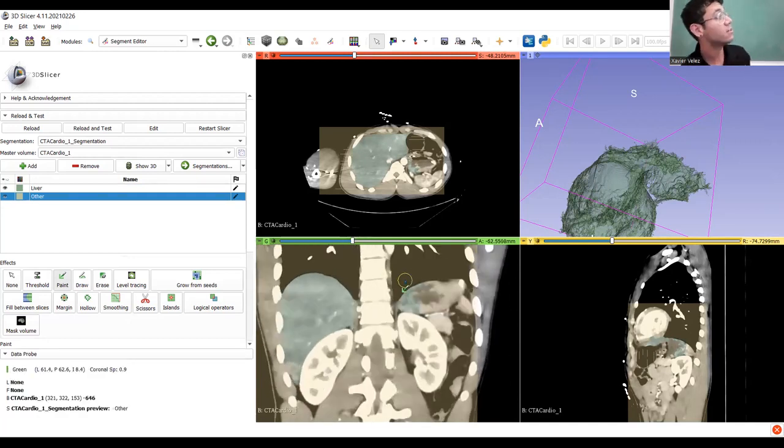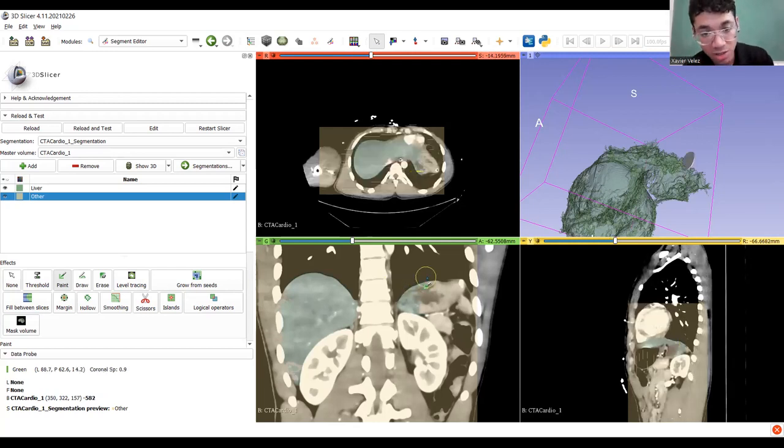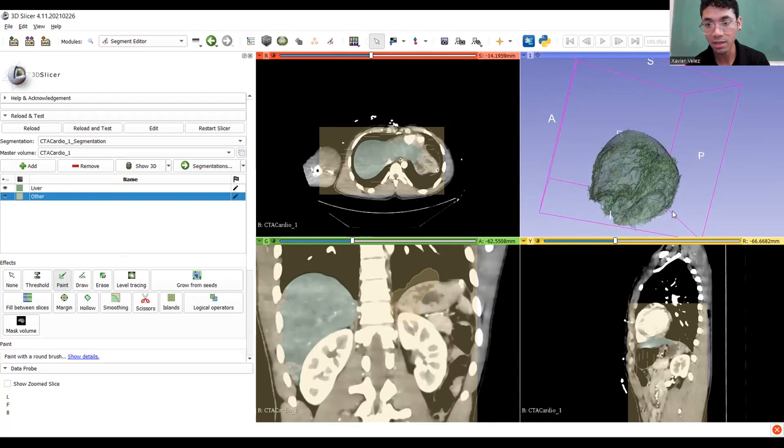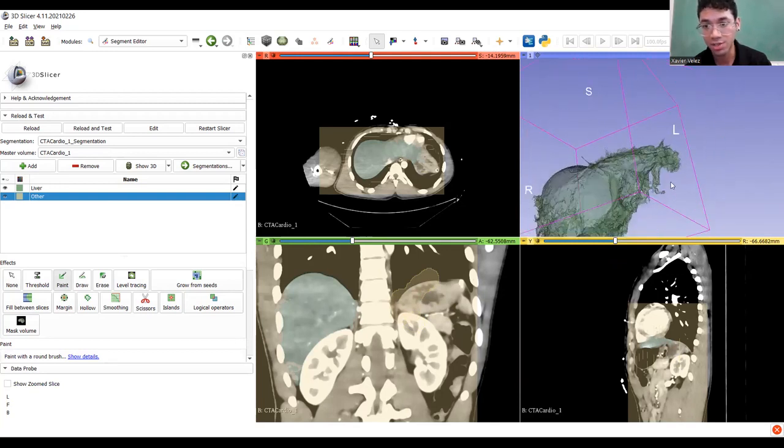And because we haven't finished the grow from seeds yet, if I just take this section and paint over this part right here, it's going to update a new initialized grow from seeds based on what it now thinks is liver and not liver. So as you can see, maybe I'll go back and do that again. If I undo that on our 3D view, oh man, in our 3D view, it's messy. If I redo it,